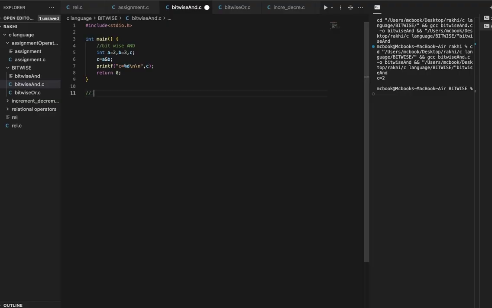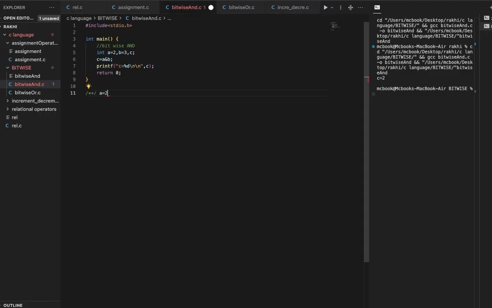OR is a logic gate. You know already, if you learn physics and logic circuits and logic gates, you know all the gate truth tables.